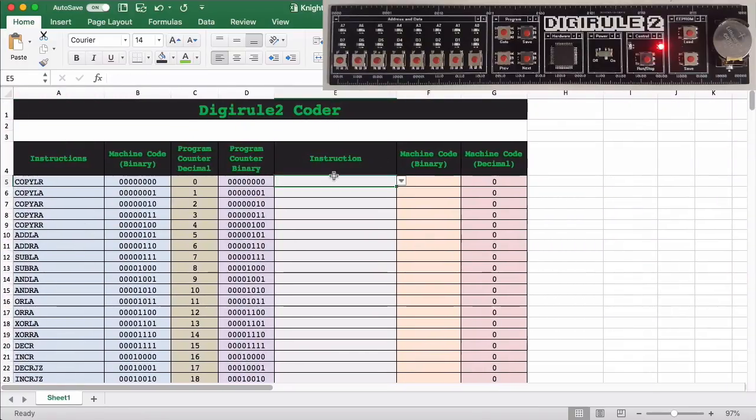All right, let's have a look at writing some examples. For example, we have copy LR. That particular instruction, and this will be detailed in the user manual, requires 3 bytes. So it's got the copy LR in the first byte. The L is a literal value, 0 to 255. And the R is the RAM location that you want to copy it to. So for example, if I wanted to copy the number, let's go 17, into RAM location 128, I'd write it